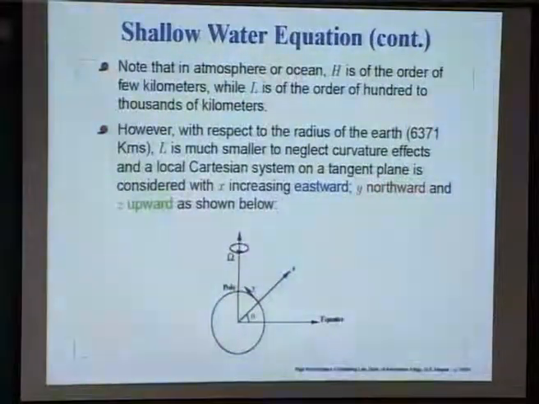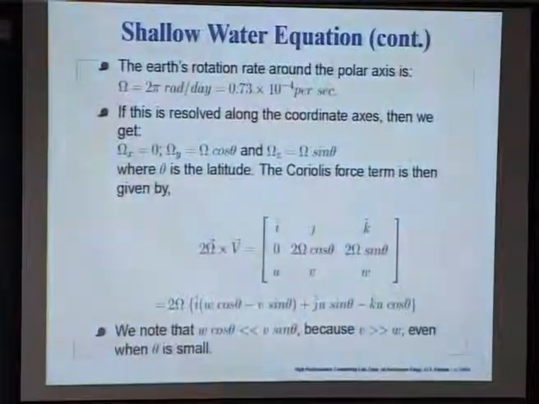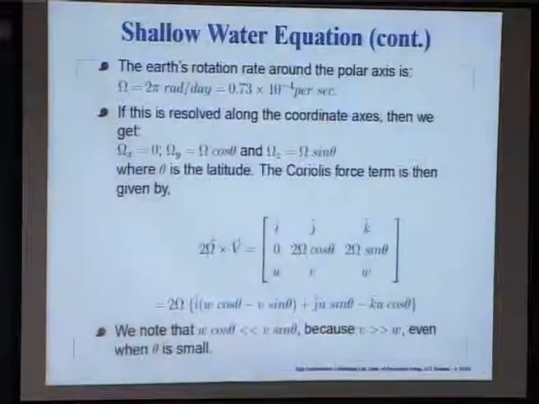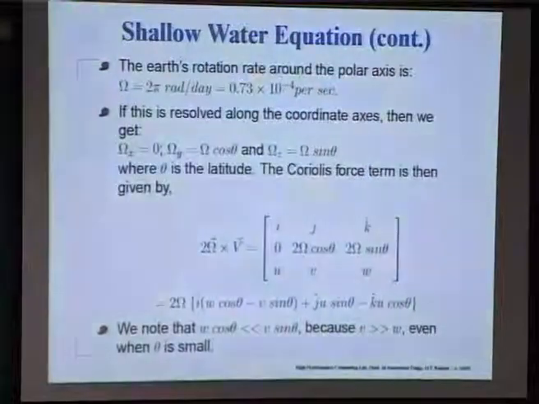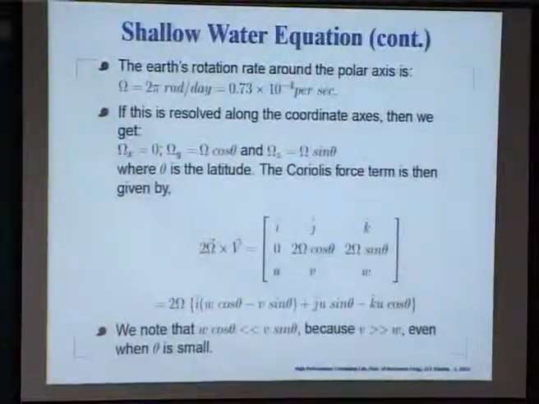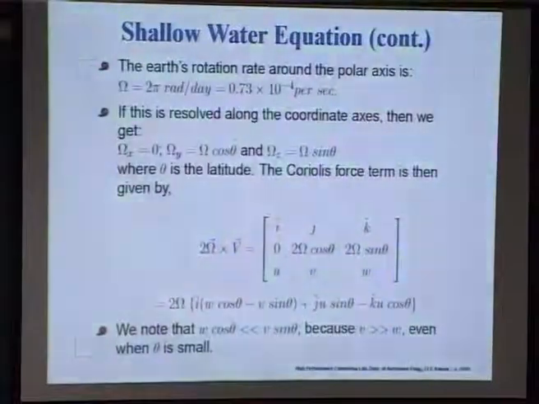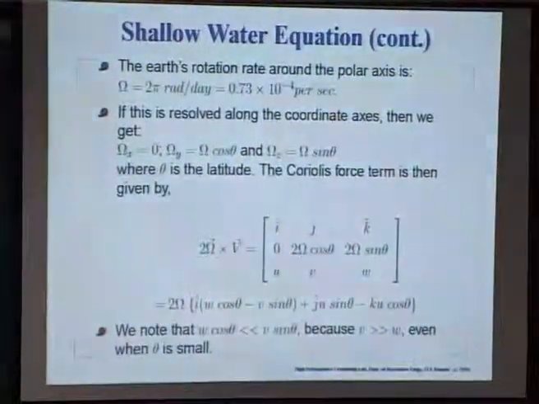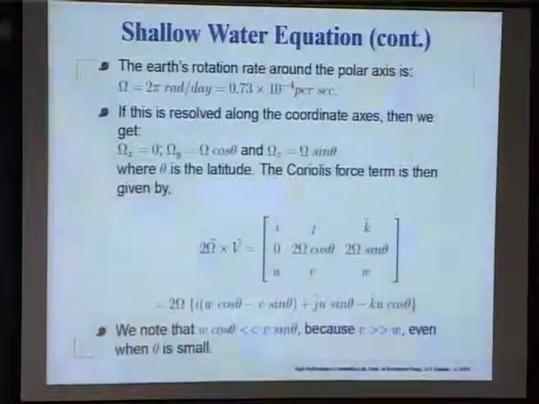So, we can decompose it in the x, y and z direction, and as a consequence we notice that in the x direction you get nothing, because it is perpendicular to the plane, whereas in the y direction we have omega cos theta, and the z direction we have omega sin theta, and with theta as the latitude you can evaluate the Coriolis force terms by looking at this vector product, and this is what you get, all the 3